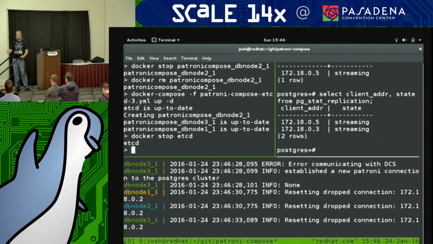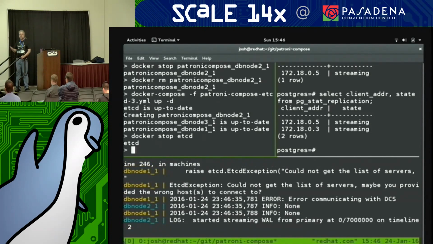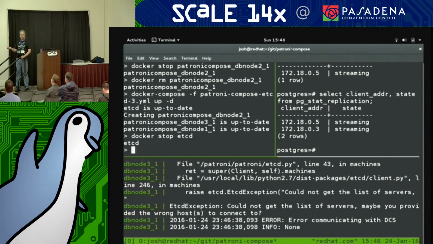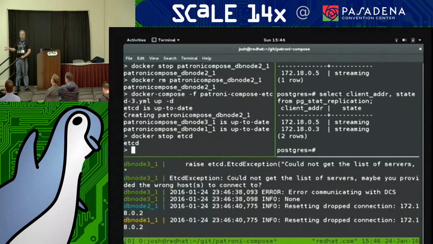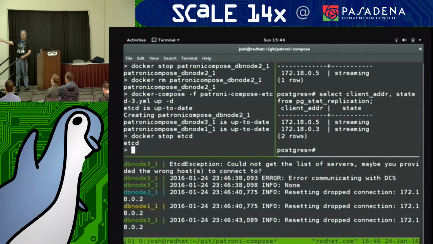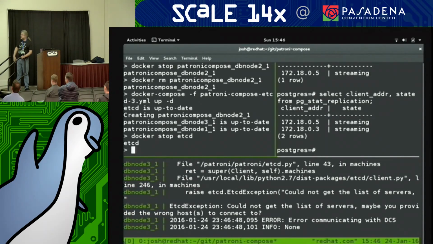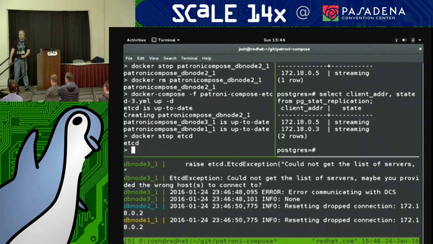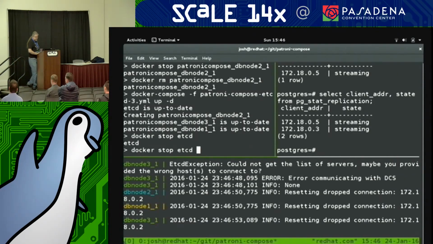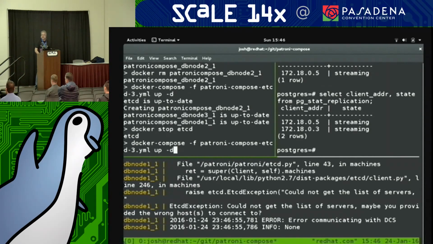Because the thing is, Postgres, you can start any node as a replica of a non-existent master, at which point it becomes a read-only node. And because we support cascading replication, it doesn't require breaking replication to the other 2 nodes. So I'm going to keep getting this message, of course, because it's still trying to connect to etcd. Now, if we bring back up etcd,